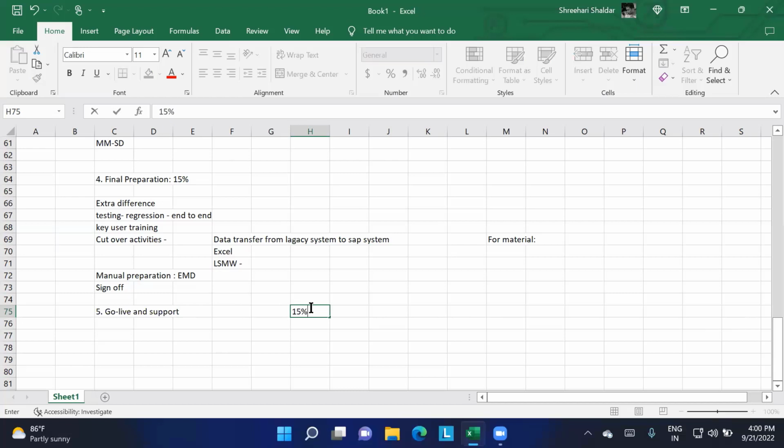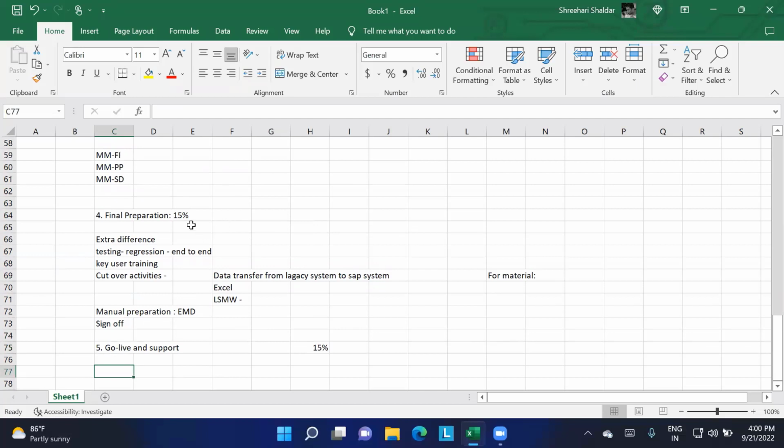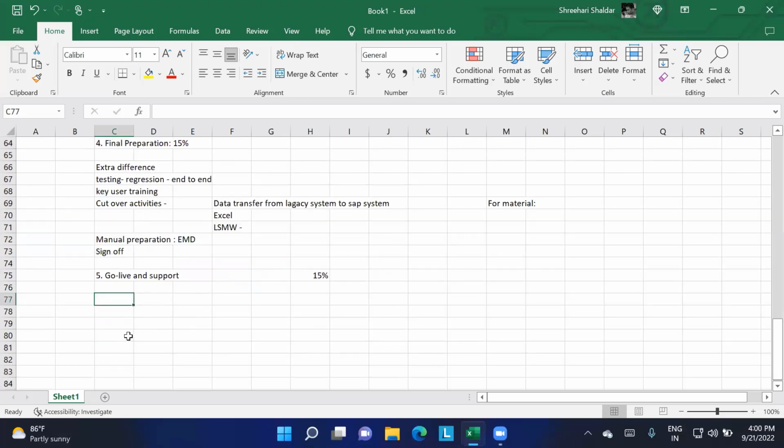So what do we mean by go live? Now the system is in the quality server, and whatever data is there is in the quality server. Go live means we're going to transfer the data to the production server. Who is going to do it? Business and the above consultants will transfer the data to the servers. So that is what go live is all about.